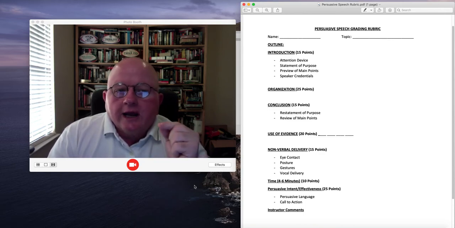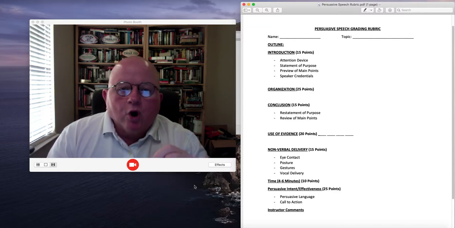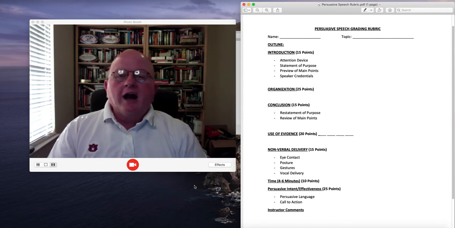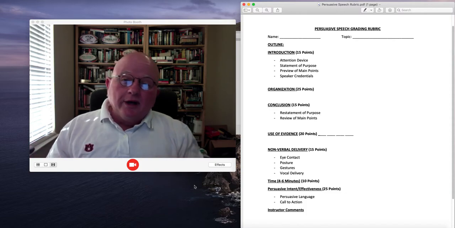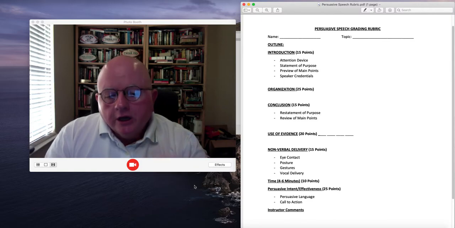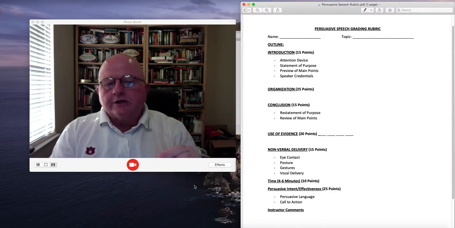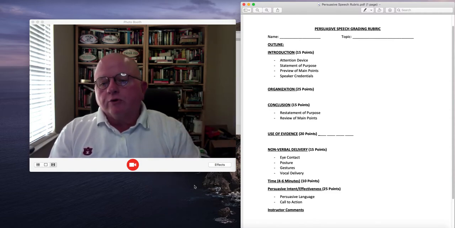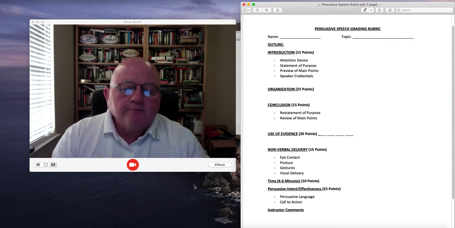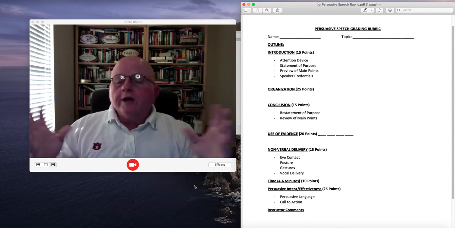And again, speaker's credentials. Speaker's credentials in a persuasive speech are incredibly important, so that you don't detract from your own authority, your own ethos. I don't want to hear, I've sort of read, I've kind of read, I've been doing a little research. I need it to be strong, because in a persuasive speech, and we're going to talk about this when we get down to persuasive language, every word in the speech, from your attention device all the way through to your call to action, has to be dedicated toward that persuasive intent.